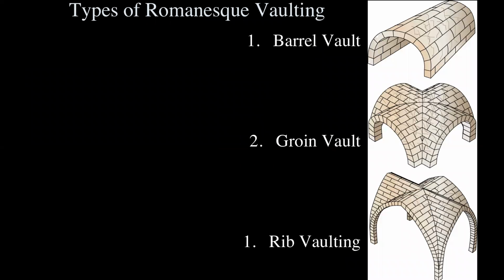So they use the types of vaults that we had seen in ancient Rome, including the barrel vault and the groin vault, and then in later times, rib vaulting. And you can see the pointed arch, which we had seen earlier in Islamic art. And in these periods, they use the pointed arch because they realize it's even stronger than this regular round arch.